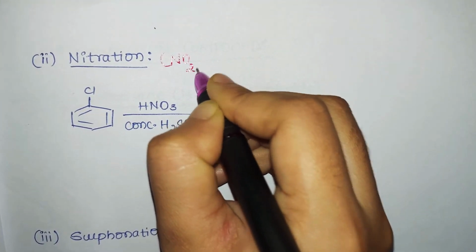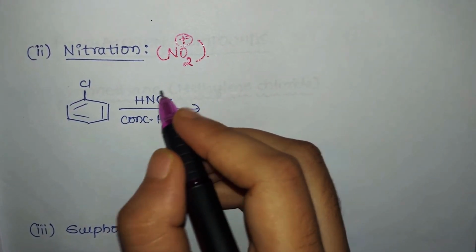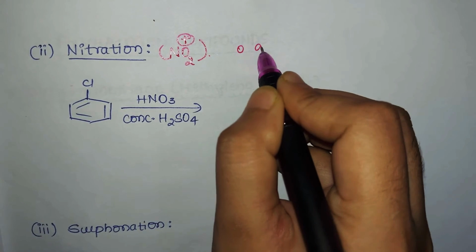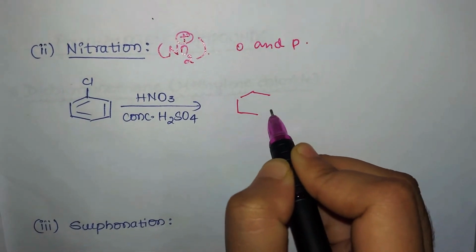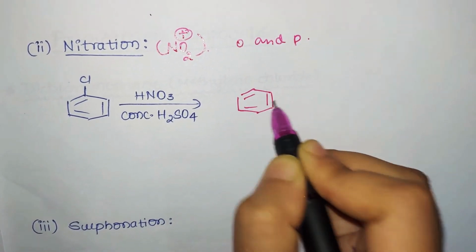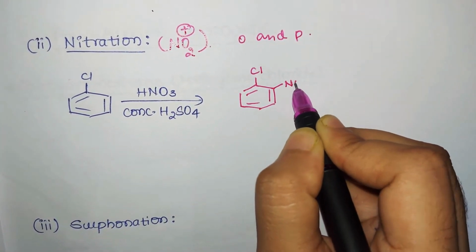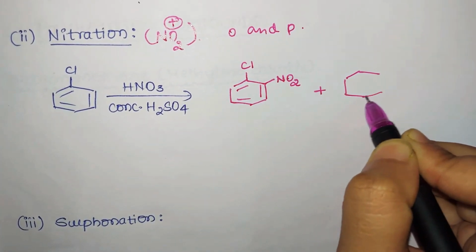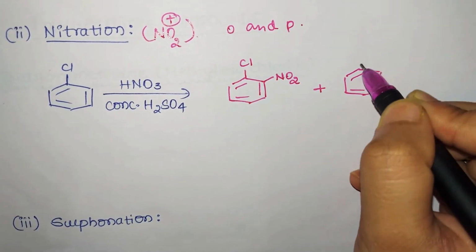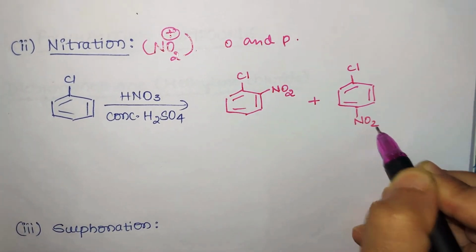The electrophile is NO2 plus. And here remember how many products are possible? Two products are possible, that is ortho and para. That means the NO2 group will be present on which positions? In one product on ortho and in another on para. So ortho to chloro, that is the second position, NO2 group, plus of, we'll write the chlorobenzene, and we'll write the NO2 group at which position now? We'll write it at the para position, that is the fourth position on the benzene ring.